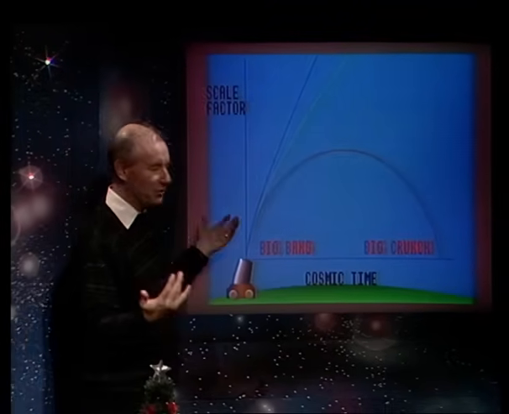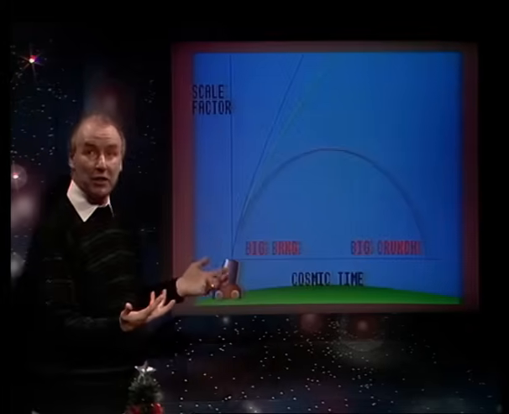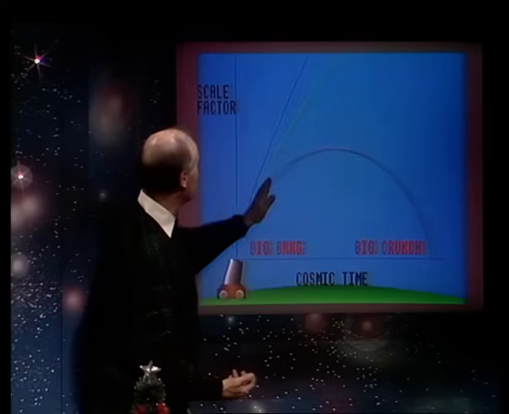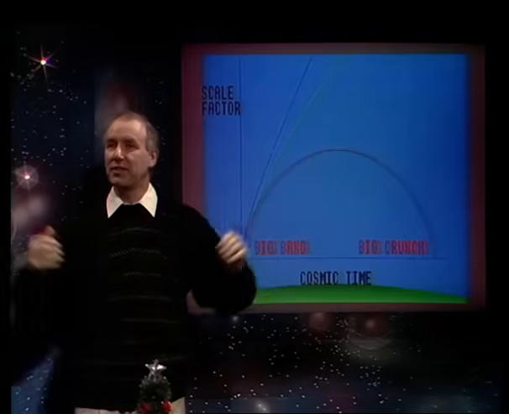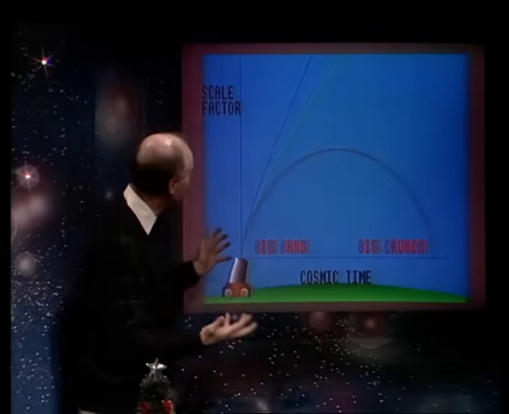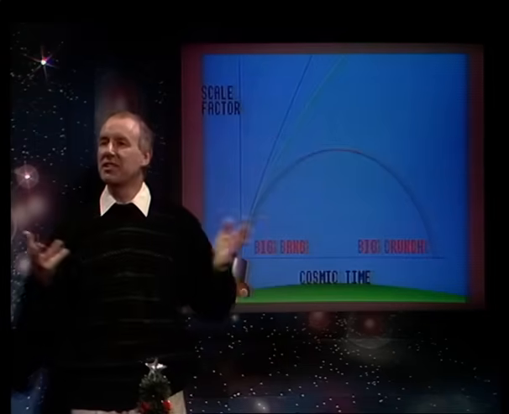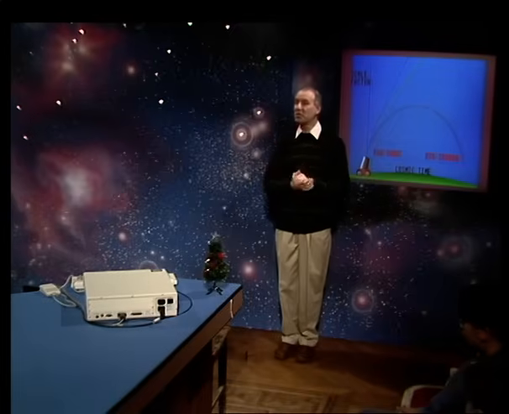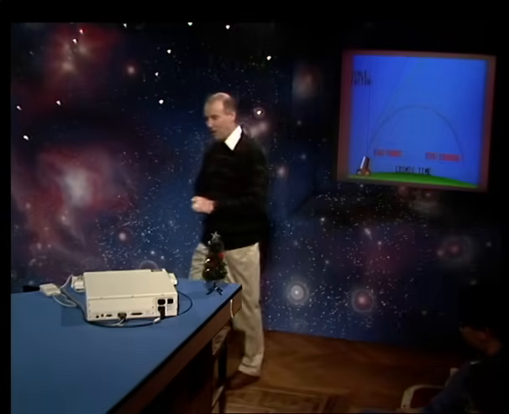And if you've got dense model universes, they will collapse back to the Big Crunch. If the universe has got its own escape velocity, then it will go along this curve and end up with 0 velocity when it just gets to infinity. Or if it's got very low density, then it will escape along this line and end up at infinity with a finite velocity. And that's all there is to the models of the universe. It's no more than cannonballs trying to escape from the Earth.